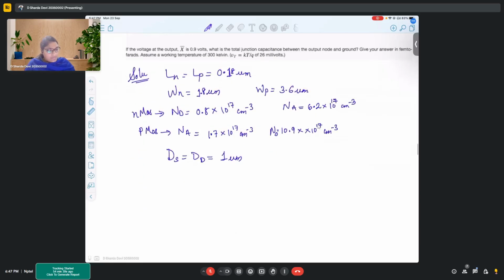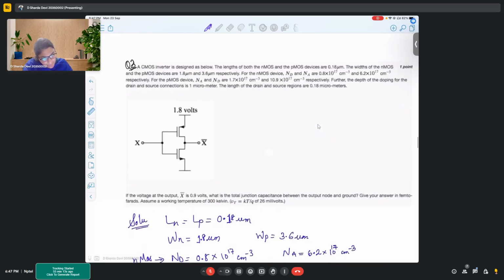So this is basically L, the length, and this is ds, this is also dt. Okay, so this is depth and this is length. Ls and LP are given to be